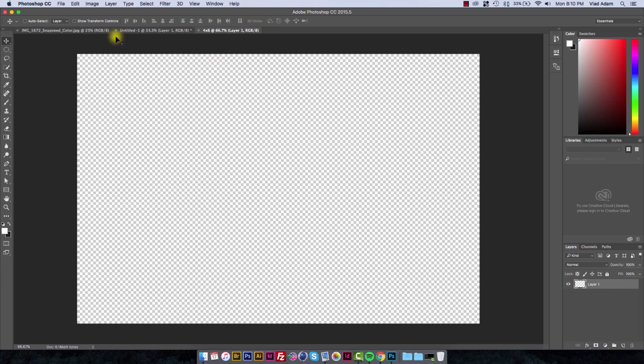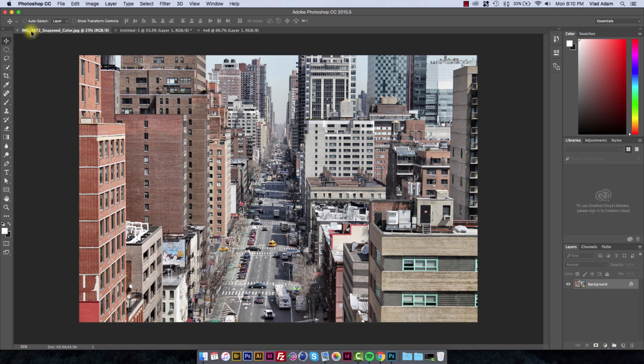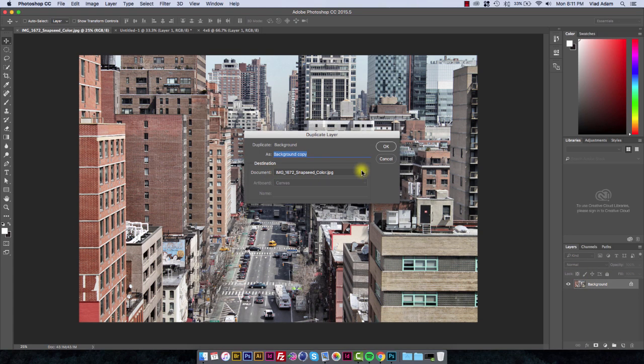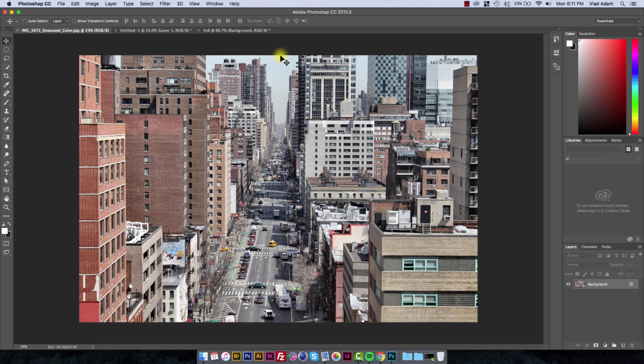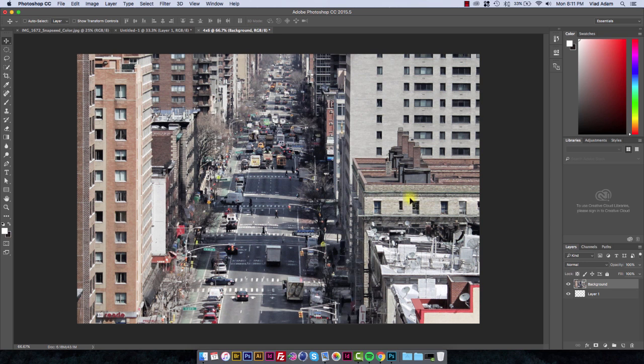Now the next thing I'm going to do is go back to my original image, right click and go duplicate layer. I'm going to select the layer that I want to duplicate to, which is my 4x6, and click OK. Now if I click back to my 4x6, you can see the image has already been placed in the center